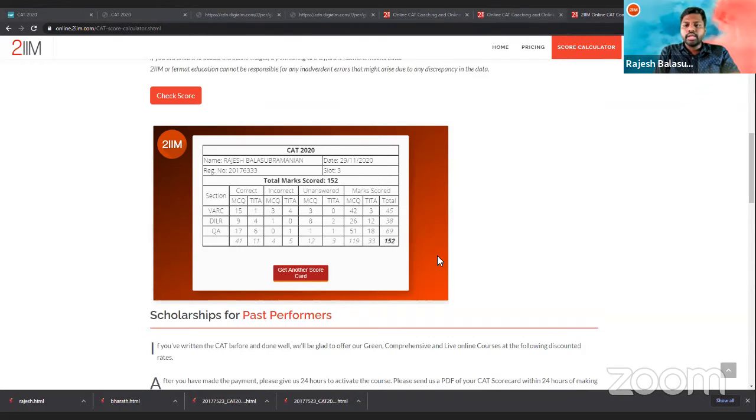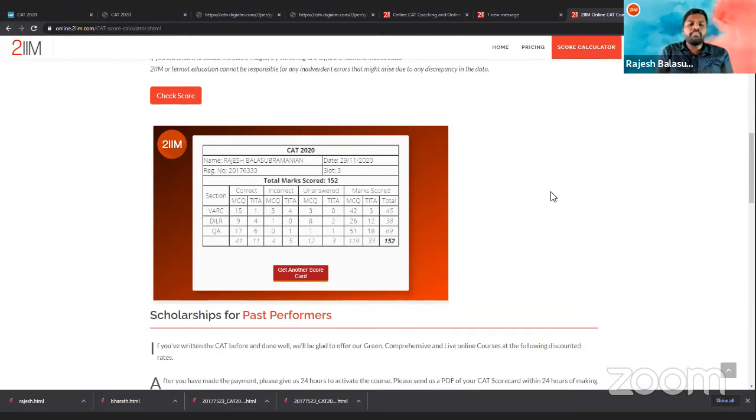So that is the reason why we stayed away from rapidly giving out some random things. And remember that if you are really keen on checking your percentile, you can check out the CAT 2020 analysis of 2IM, you'll get there. So you can check it out there, but